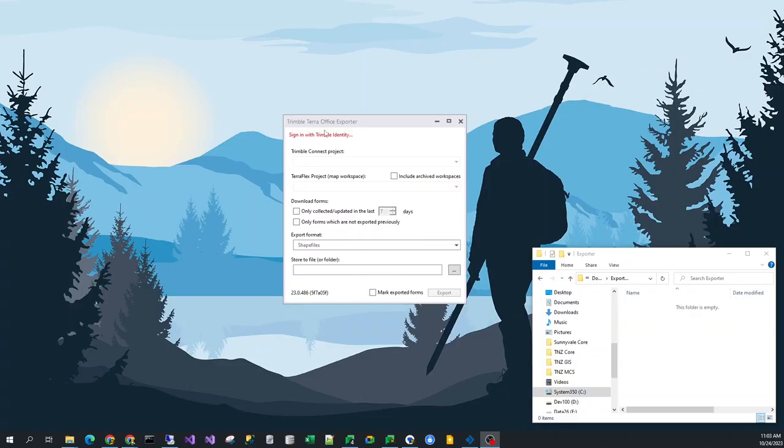Let's take a look. So here I have my Trimble Terra Office Exporter window running on my desktop. I'm going to go ahead and click to sign in with my Trimble identity. You must have a license of Terra Office Basic or higher in order to use the exporter. Once this signs in,